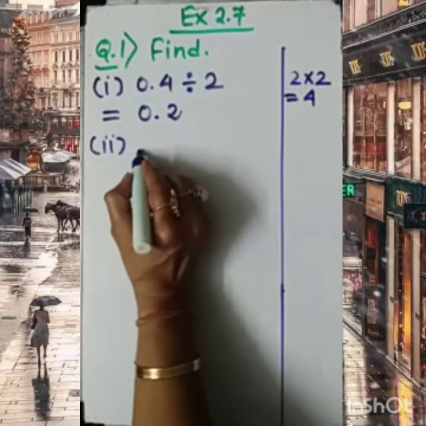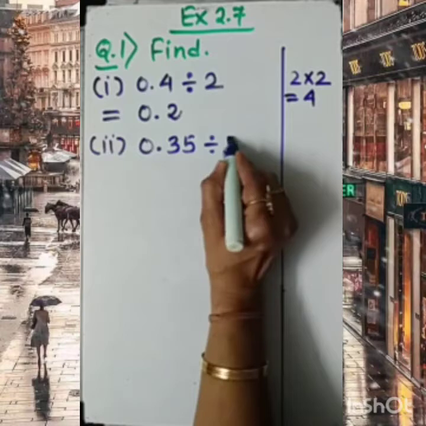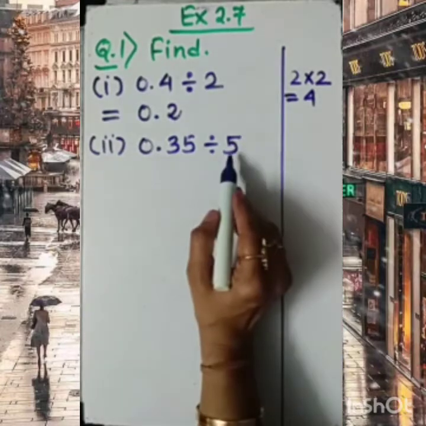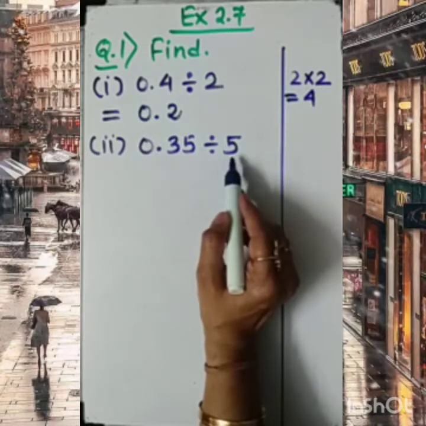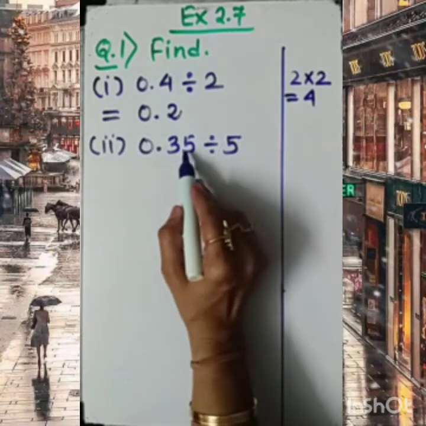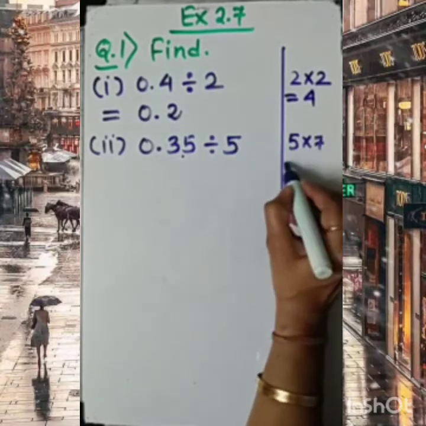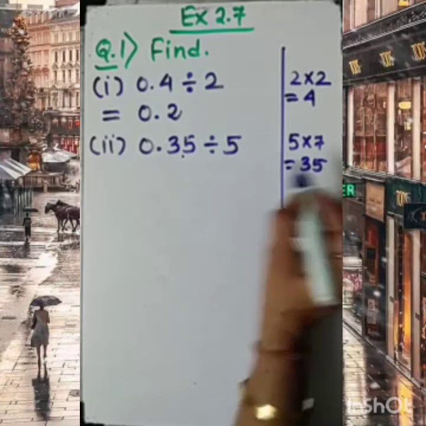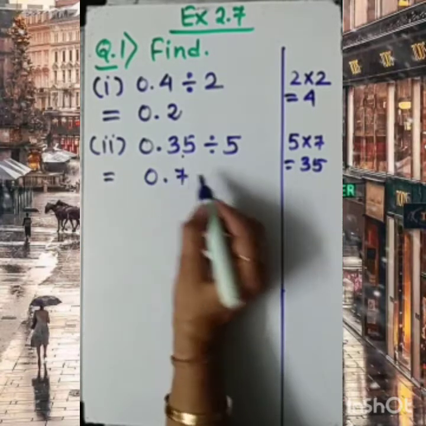Just look at your screen. You will damn sure find it easy. First, you try to understand all questions. Now, let's recite the table of 5. 5 1 ja 5, 5 2 ja 10, 5 3 ja 15, 5 4 ja 20, 5 5 ja 25, 5 6 ja 30, and 5 7 ja 35. So, dear student, here it is coming 7. It is divisible by 7. So, I need to write it is 0.7.